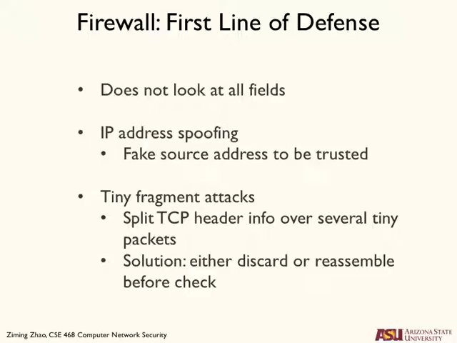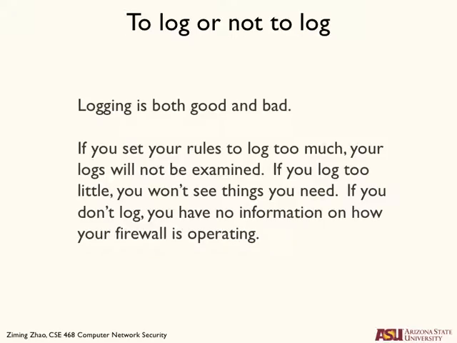So in those cases, they can bypass the firewalls based on port numbers and that information. So the solution is either the firewall can just drop all the packets that are fragmented, or they have to remember those packets and reassemble those packets before checking. Also,